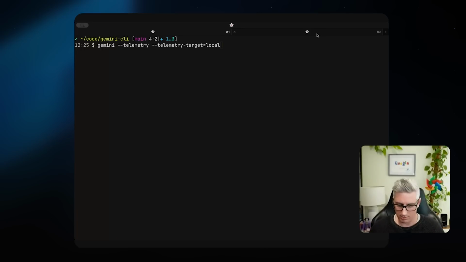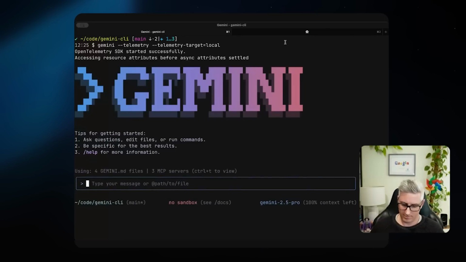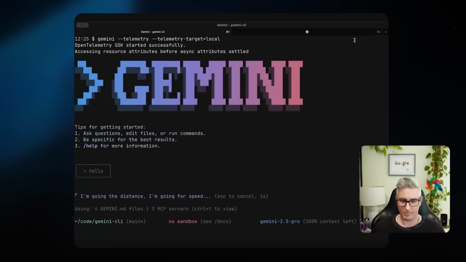Looks like I've already got one running. Start a fresh one. We'll run Gemini. I'll just say hello. While it's doing that, I've got it configured to write to this JSON file, so I'm just going to grab the last log message that's there so we can see it. You'll get an idea here that it contains things like the prompts that are sent, the exact